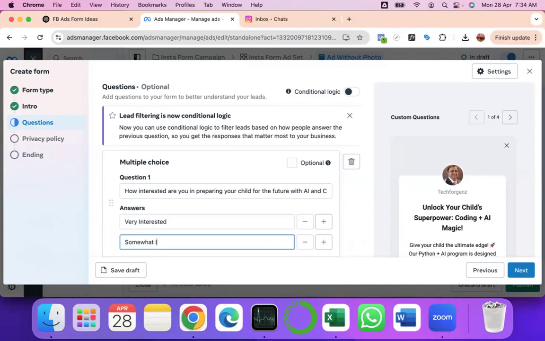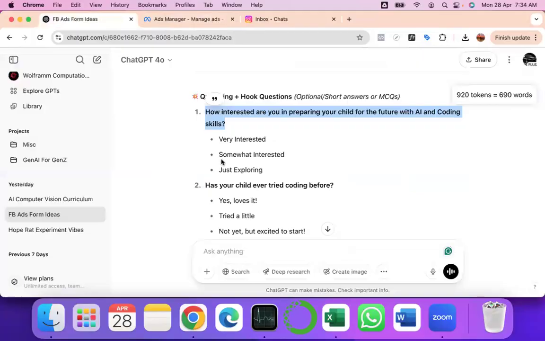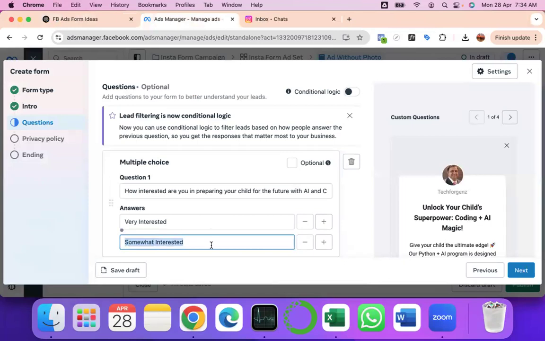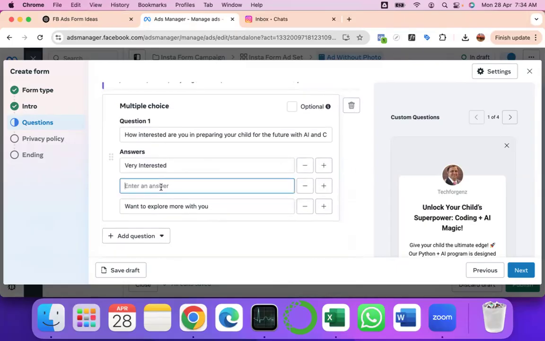Somewhat interested. Okay, and somehow I don't think I'm liking this somewhat interested. I still want to keep them on the hook. So I would say very interested and want to explore more with you. Okay, so this here, and now I will give a middle option, and I will say